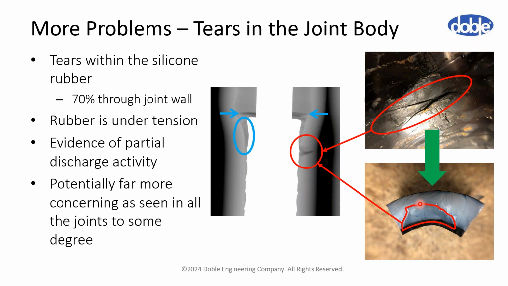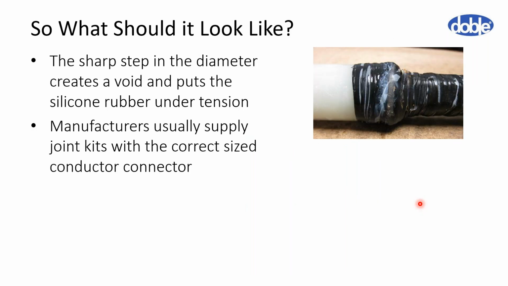Okay, it is possible that the jointer managed to get wires into more joints, but all 6 joints we looked at that were sent, the good one from the faulty cable and the good cable, all had tears to some extent. So you have to say, why is it happening? Well, the tears are all happening